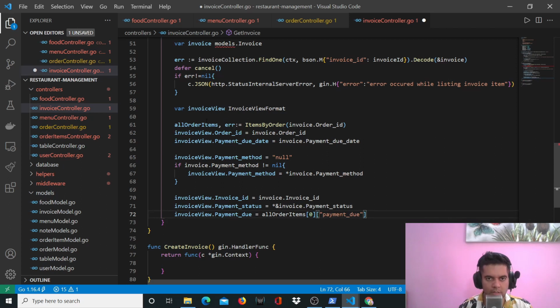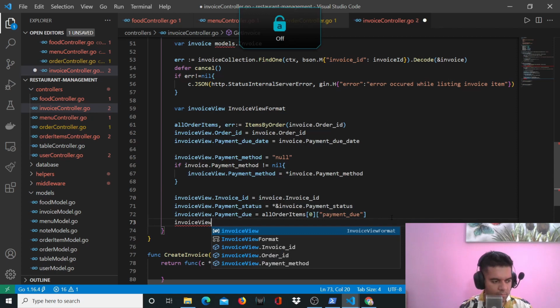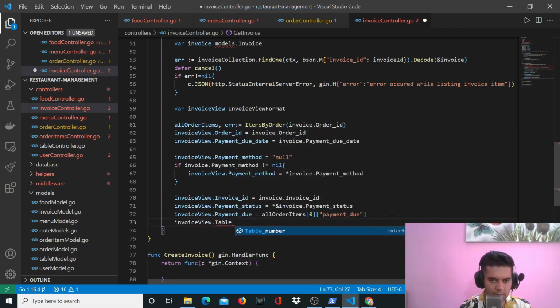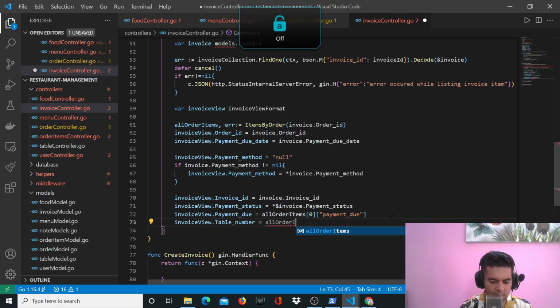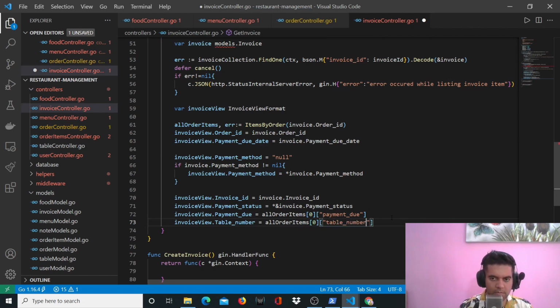As you already know, we have received all the orders, all the items in that order, right? So here we'll say invoice view dot table number is equal to all order items 0 table number,